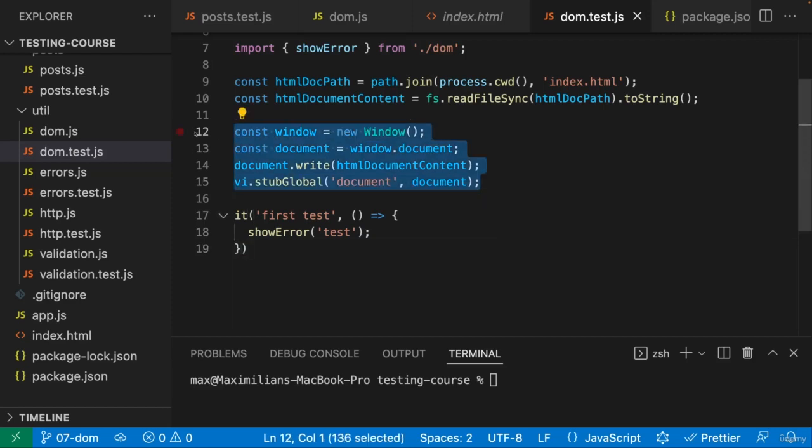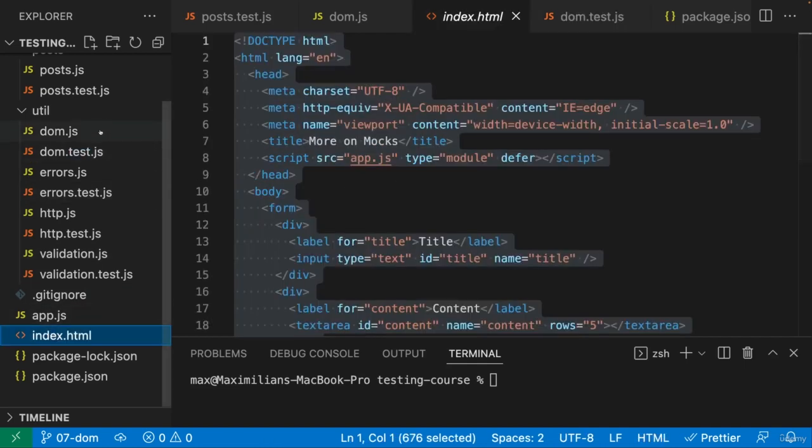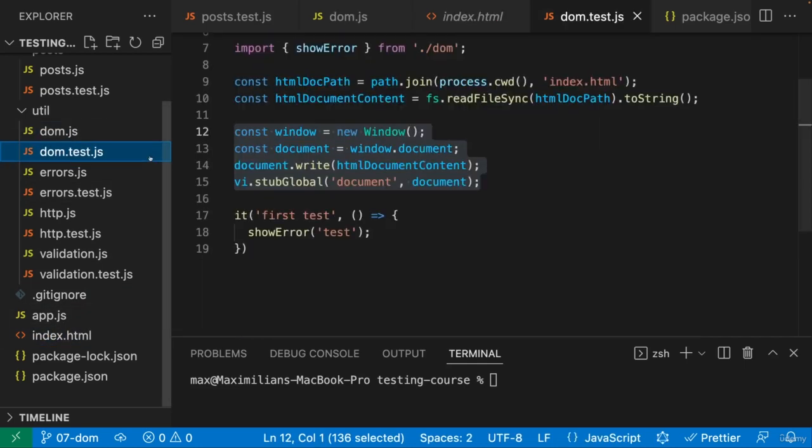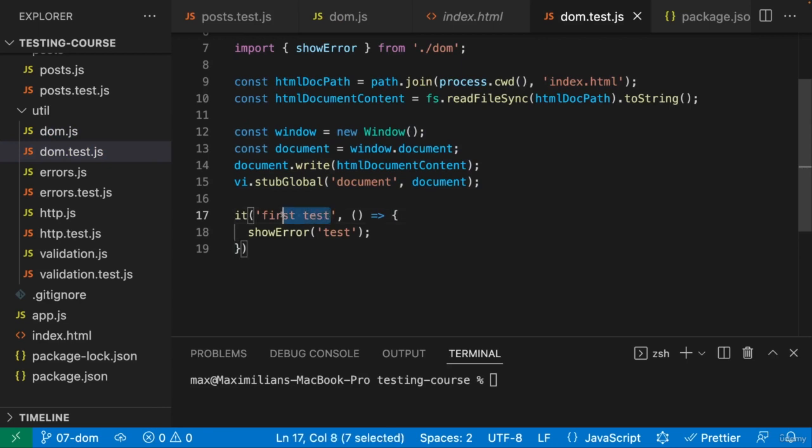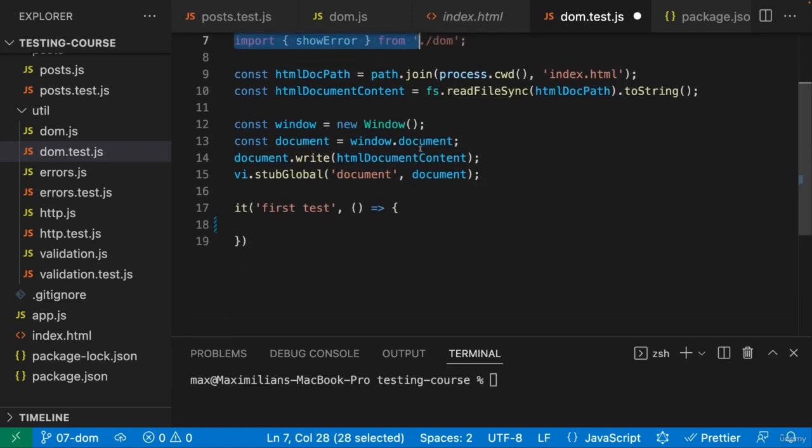So now that we set this virtual DOM up and that we rendered this HTML content into our virtual DOM, which is used for the tests, let's get started with the first real test. And for this, I first want to test that showError, so this function which we're importing here, that this function